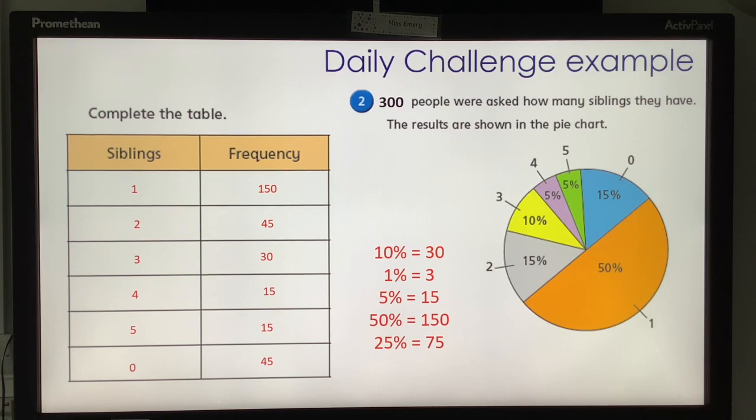So the main thing to do is to look at your overall number, how many people were asked. Use your bubble method to calculate your 10%, 1%, 5%, etc. And if you've got a nice one in there, like half, maybe start there first. So,